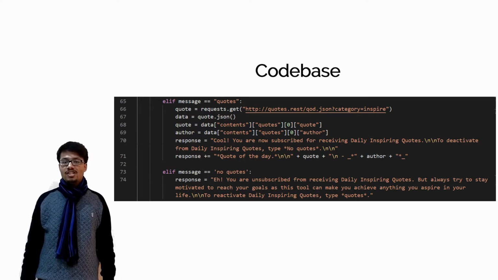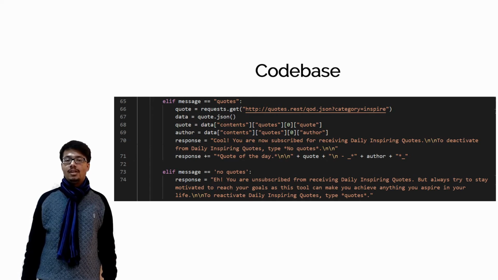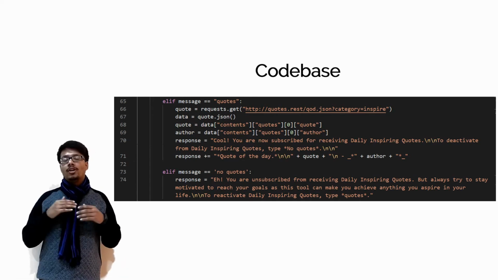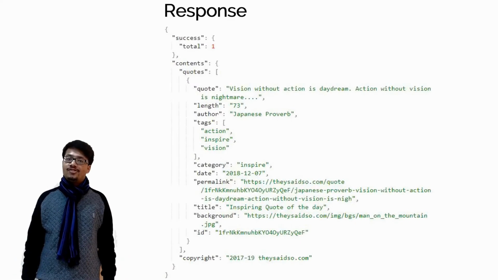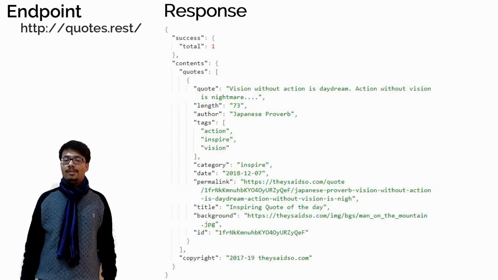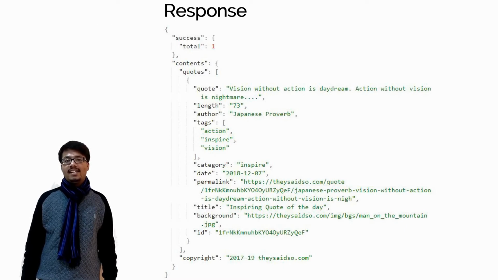The notifications are sent once at 9 am every day to all the subscribed users and works similar to sending water notifications. It fetches the quotes from the quotes.rest API and extracts quote and author from the JSON response received. It then formats the message and sends it to all the subscribed users one by one.